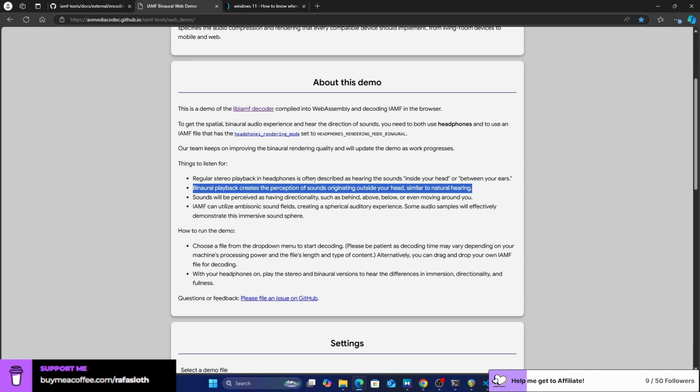The fun part is that it actually has direction. So it kind of tickles your eardrums from different directions, which is a weird feeling.